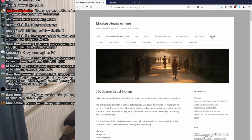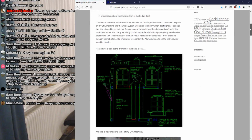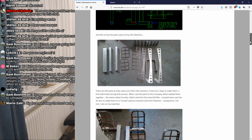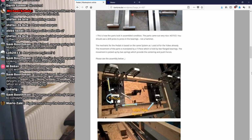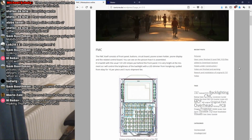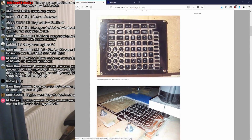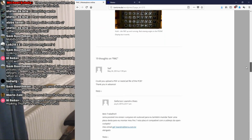I think the pedals was our topic. What was very interesting here, you can see the whole design and how it came out with the metalwork and so on, and how he has connected them with gas springs and so on. And the FMC, I think it's a CDU, but here you will find on his website where it is, not the Eagle file, okay,